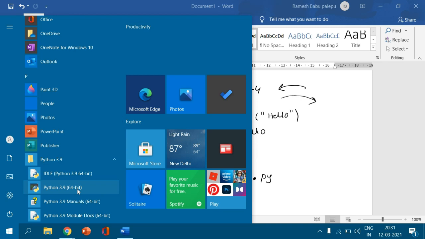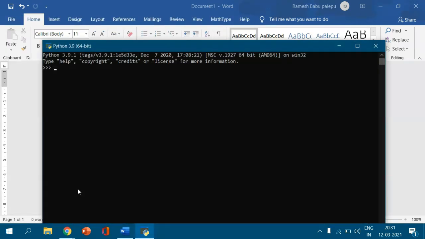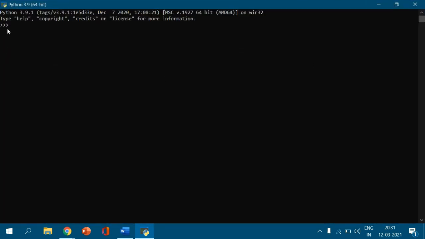Please observe, friends. First of all, I click on the interactive mode, right? So you can observe here three greater than symbols that are considered as a Python command prompt.